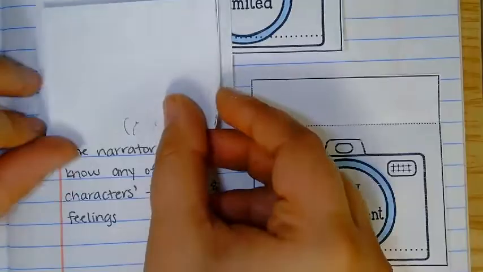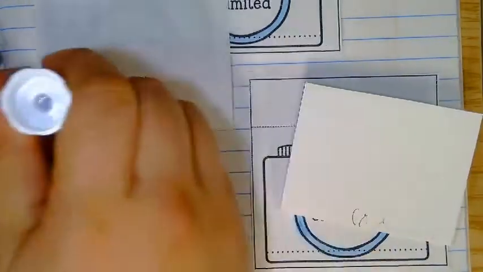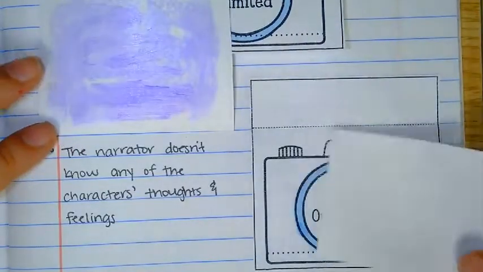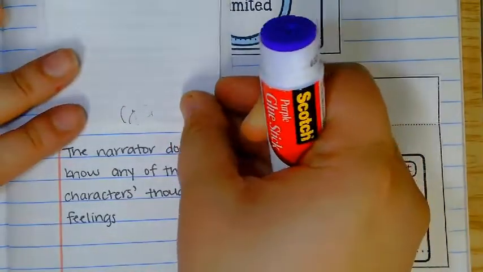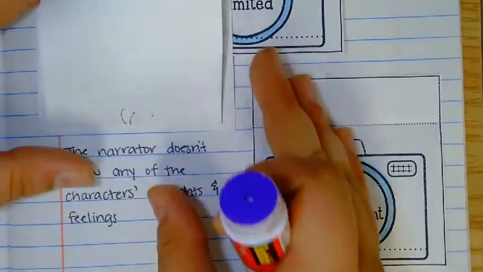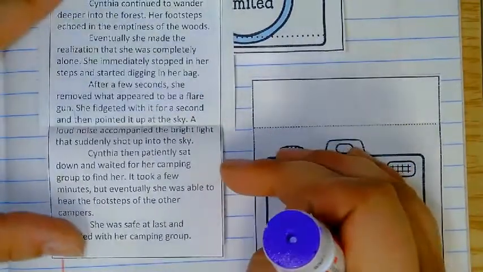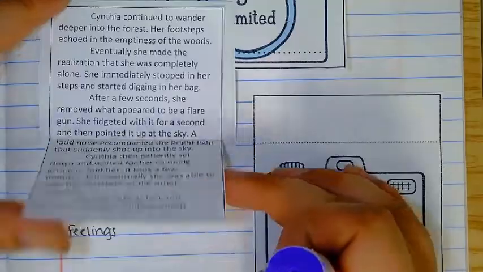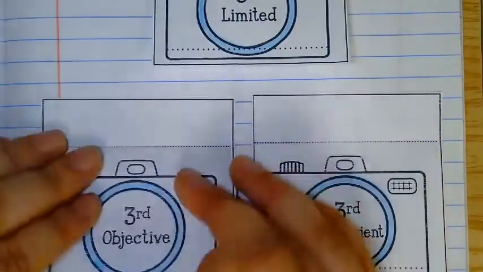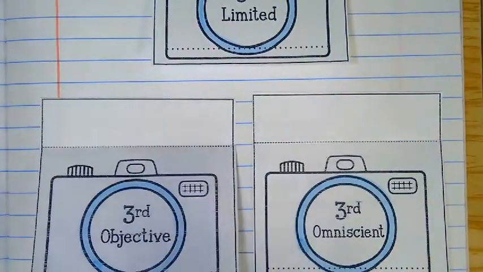So I'm going to go ahead and take my glue. Again, gluing the back of the camera piece, and then this is going to go right on top. So now this can be folded down so that I can see my example. Let's look at the next example. So this one